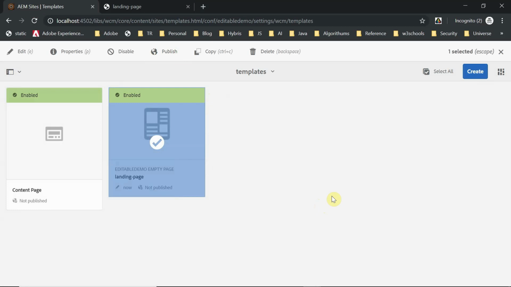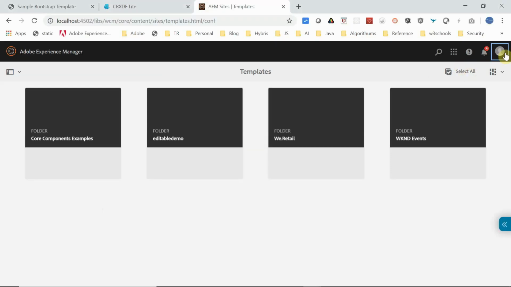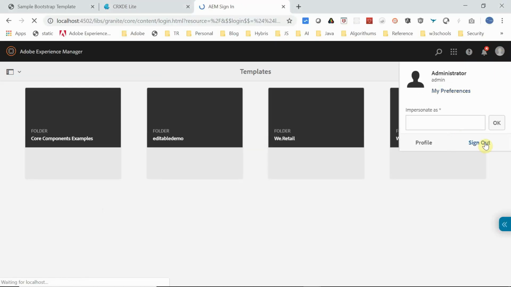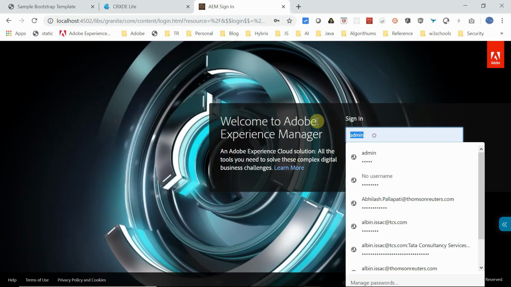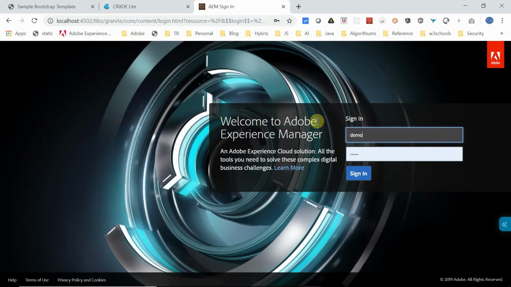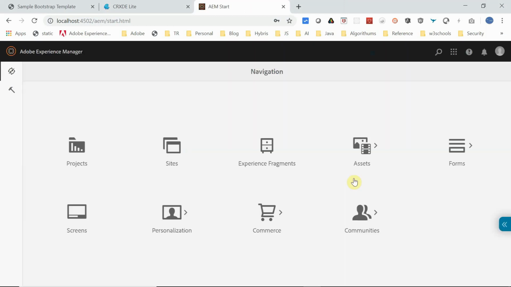Now we need to create a page. For that, let me log out from the admin user and log in with demo author. Okay, go under sites.